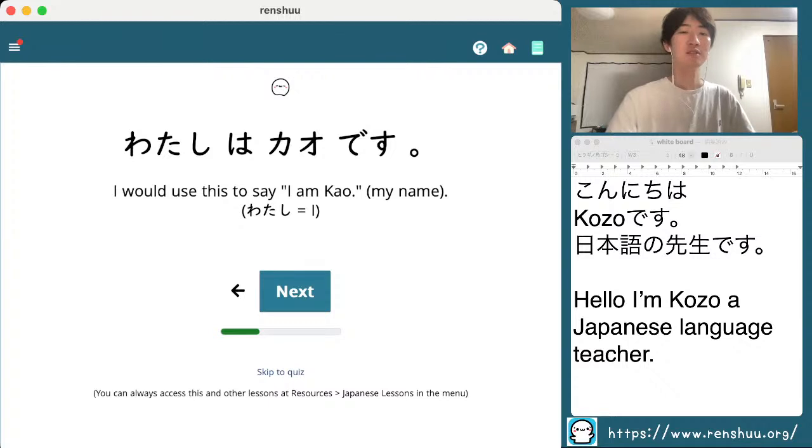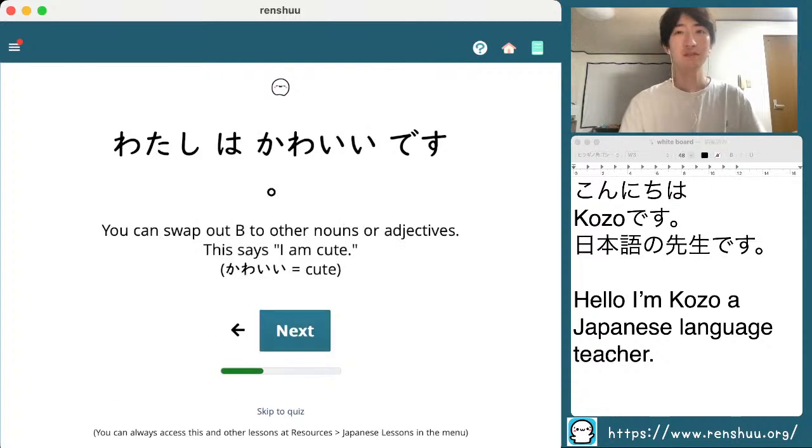私は顔です。私はこぞです。Or you could say just こぞです。顔です。In a real conversation with someone in a casual situation, like when your friends introduce their friends to you. Okay, next example. 私は可愛いです。